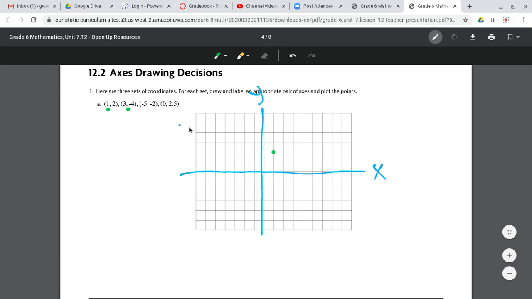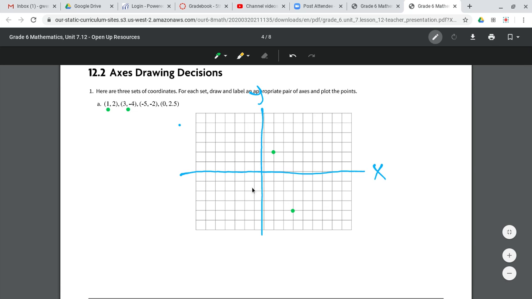Then for 3, -4, we're going to go to the right 3. So starting from the origin, always go back to the origin when you plot points. Don't go from here over 3 and then down 4. That's going to be completely different. So always start from the origin. So over 1, 2, 3, and then down 1, 2, 3,